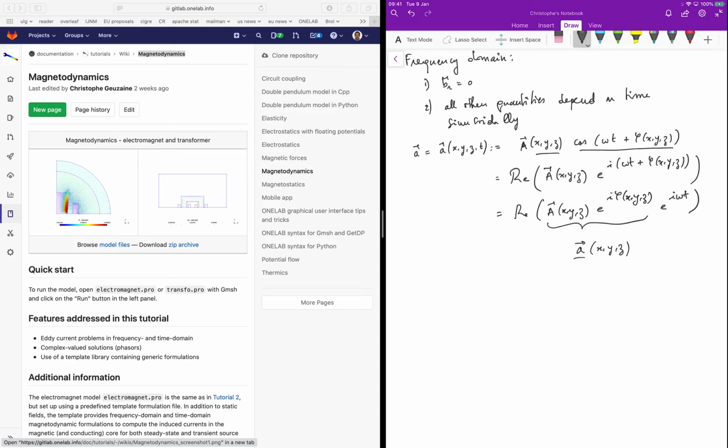Okay? So it's the real part of this complex field A, which has an amplitude and a phase term, times e to the I omega t. Okay? And the trick is that this is actually the field that I need to compute, because if I look at my equations,